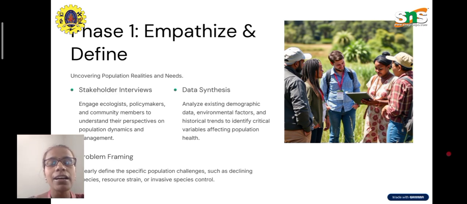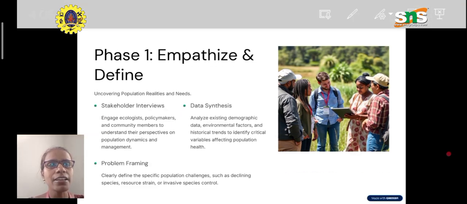What is the problem they are really having, what they need the solution for, right? Such as declining species, resource strain, or invasive species control. Okay, after that we are going to have the data synthesis. So there we need to analyze the existing demographic data, environmental factors, and historical trends, to identify the critical variables affecting the population health. Okay, this is the first thing we need to do. Okay, after that,